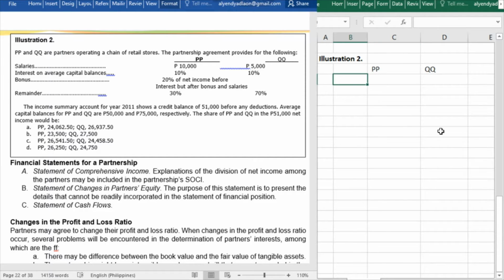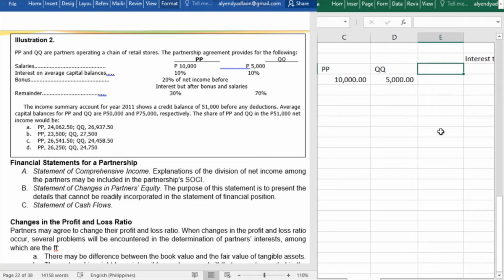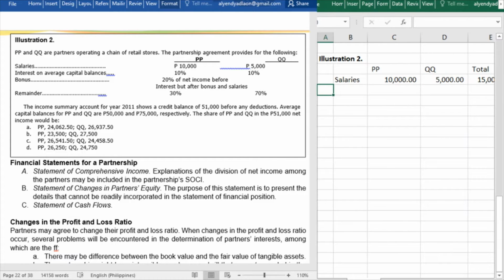Now let's start with the first one, that is the salary. So accordingly, they are to be given 10,000 and 5,000 salary. So that is for a total of 15,000 pesos. Now next is,